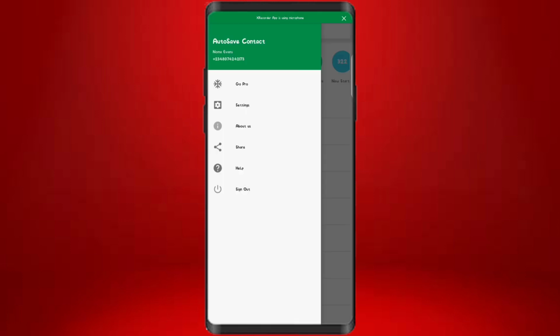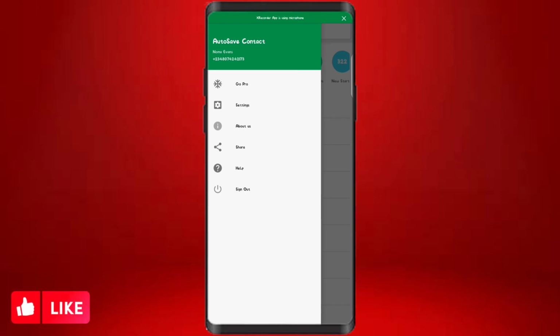Now the first way to do this is the app or the tool is going to prompt you to grant permission. So once you sign in or sign up, the application is going to pop up a permission notification. So you are going to just go ahead and allow it. It's going to take you to your settings and you are going to allow it. But if you don't see that notification, because people use different devices and different devices have different specifications,